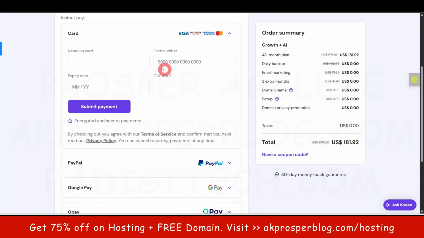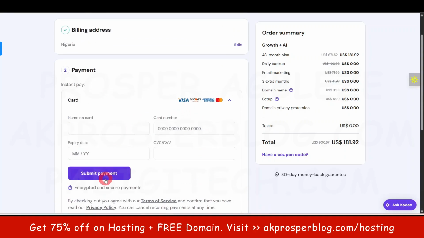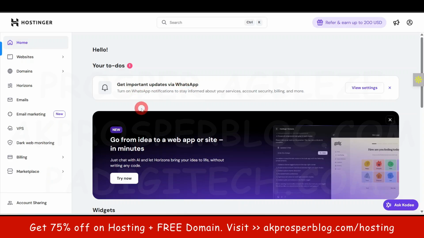So choose whichever one works best for you, and then you'll be able to check out. Okay, so you can see, you either want to pay with card, and then you submit your payment, then you'll be able to purchase your hosting plan. Once you have completed the billing process,